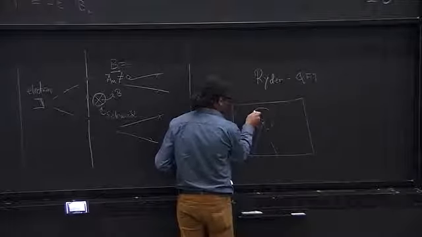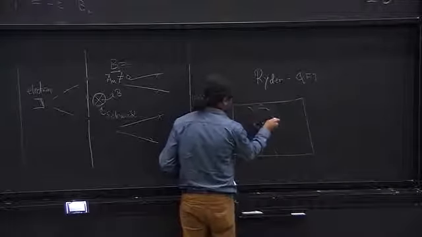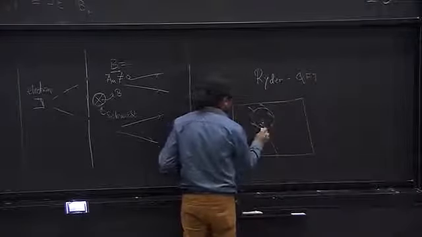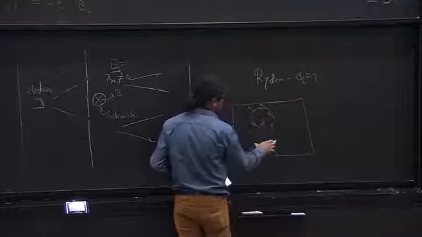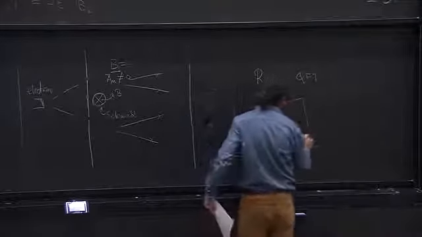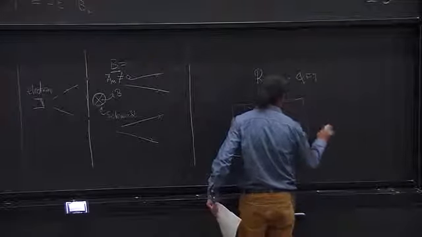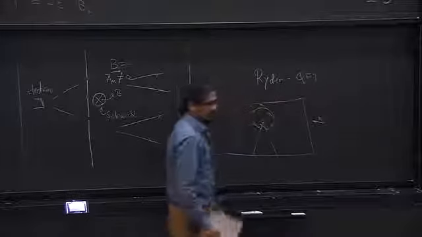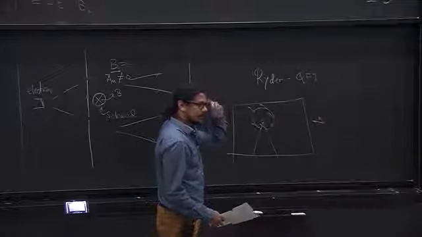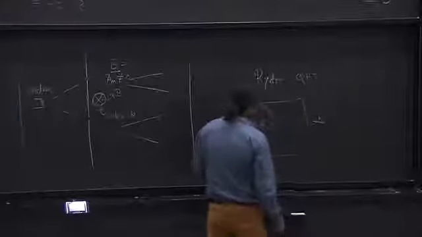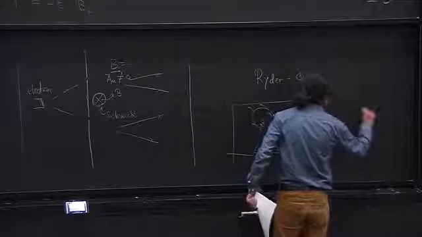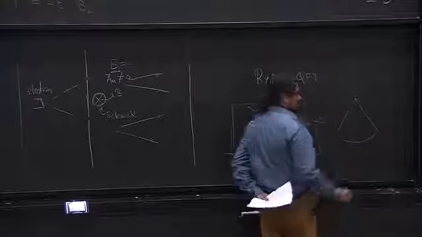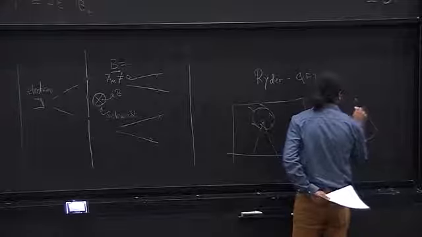So you're always carrying it parallel. But you come back to the same point, and because these are identified, you see that if the initial vector was like this, the propagated vector is actually rotated. Another way of drawing this is that this space is locally flat, but there is a conical singularity here, and you have gone around this cone.